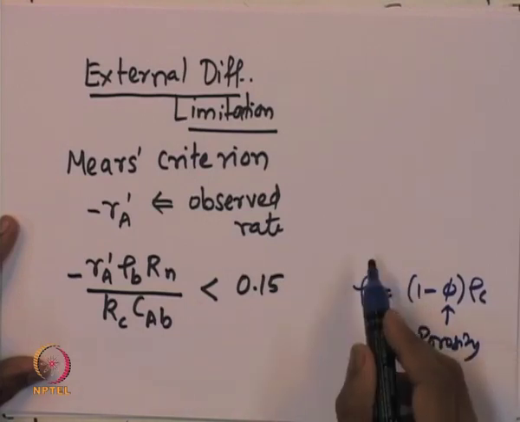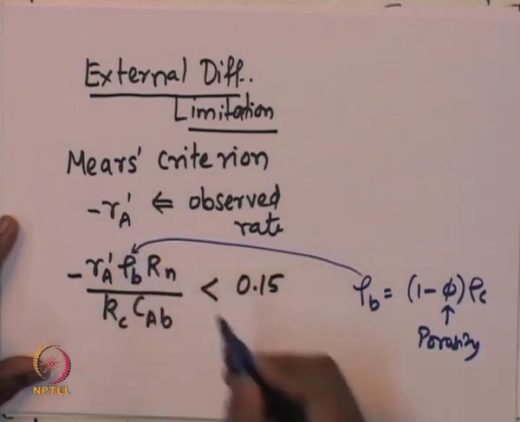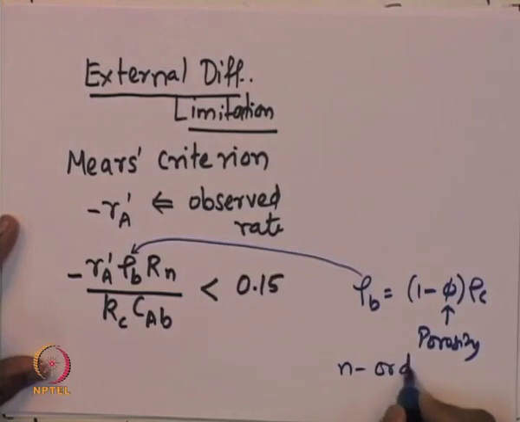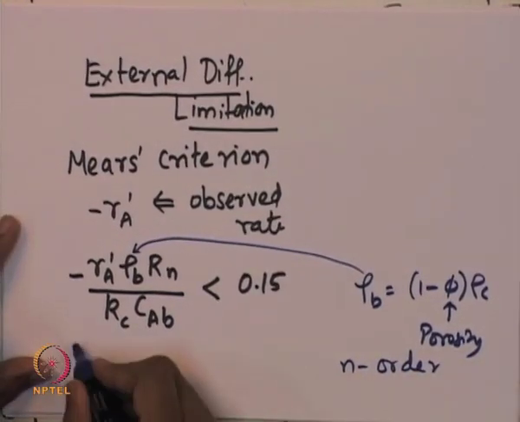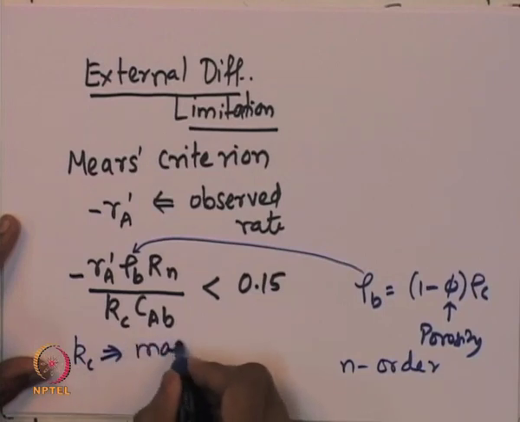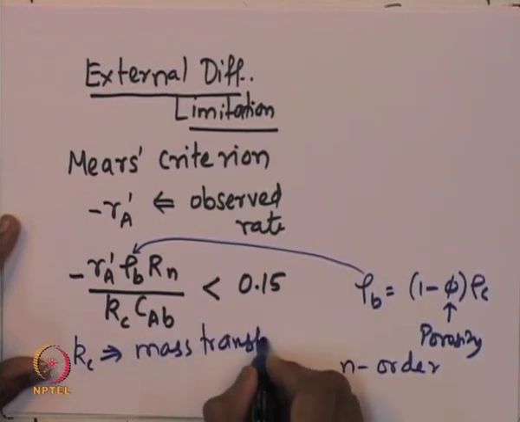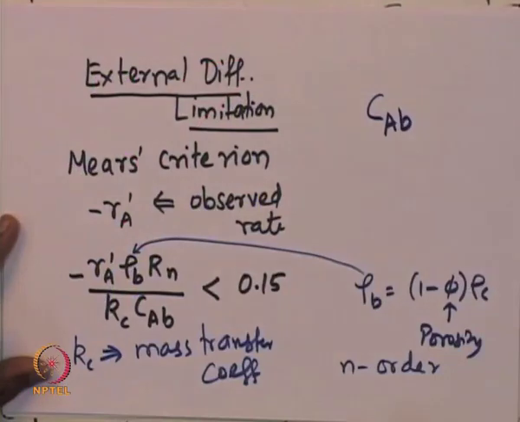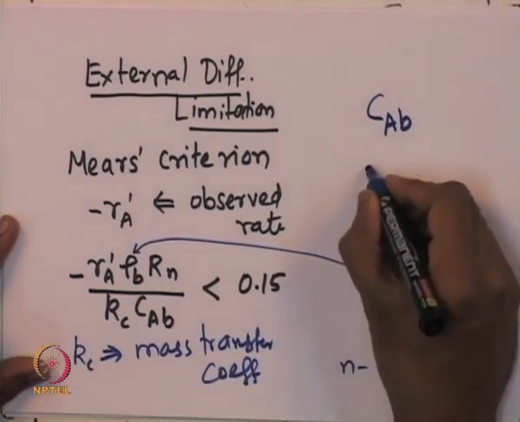So, if we know the bulk density, then we can plug it in here and find this expression. N stands for the order of reaction, the reaction order, and Kc is the corresponding mass transfer coefficient. So, one needs to estimate the mass transport coefficient for transporting the species from bulk to the surface of the catalyst, and then one needs to know the concentration of the species in bulk, which is again a measurable quantity,